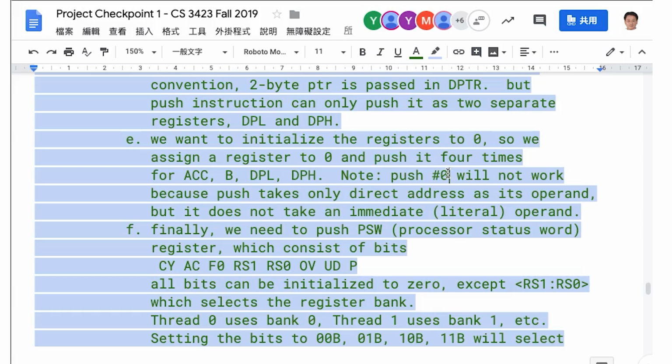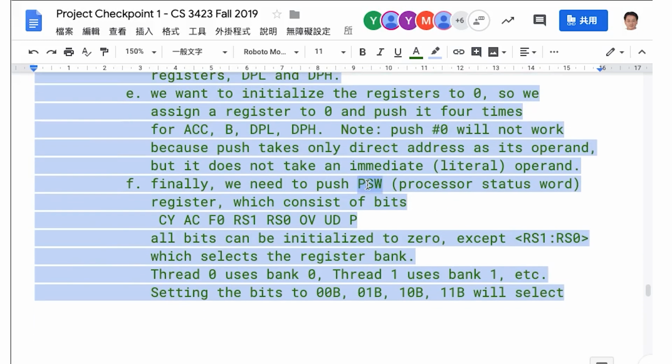You then pick a memory location, put a 0 in it, and then you keep pushing that memory location, right? So that's the way you do it. And then you need to push PSW. And that should be the last thing you push, first thing you restore. Why? Because first thing you want to do is make sure the register banks are set correctly, right? Then you can make safe use of the registers. So that's why PSW should be the last to be pushed,